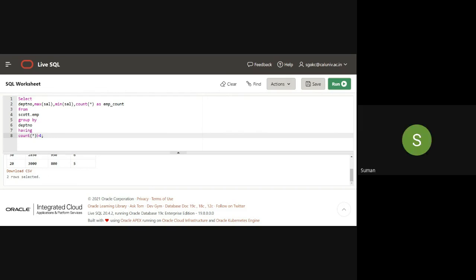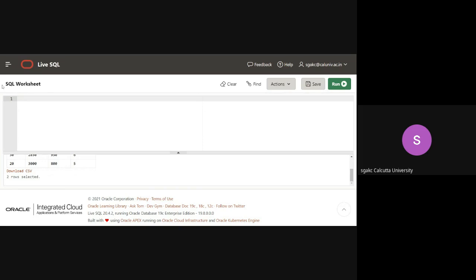All right, so this is the entire anatomy of select. Let me still write it once. The order is like this. You have select, then you have the column names, then you have from, then you have the table name. All these are actually mandatory. Now you have where, and where is actually optional. That is often represented by the square bracket. Optional means that even if you don't write where, it will still work, meaning it is a valid SQL statement.